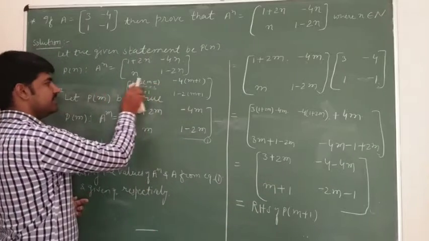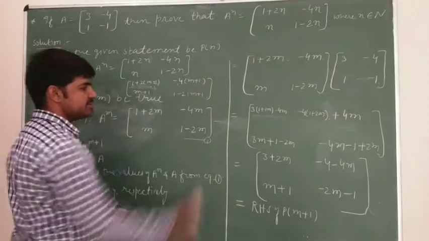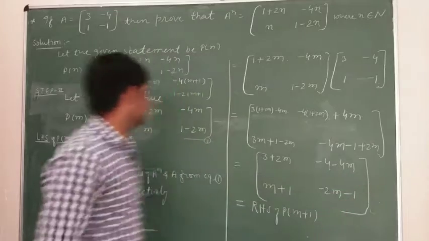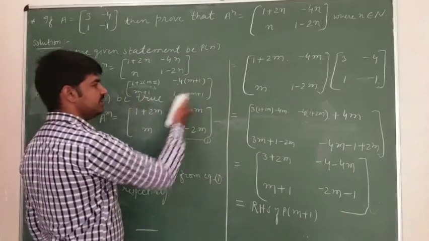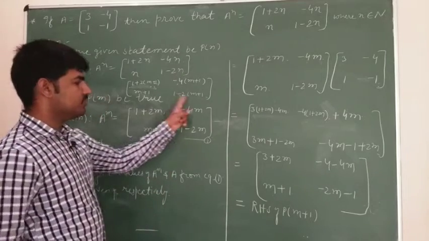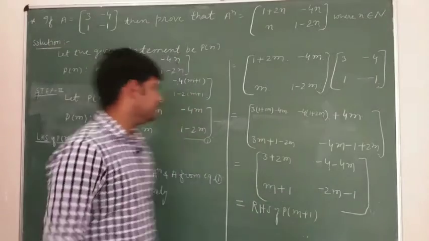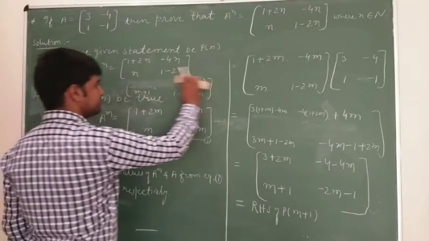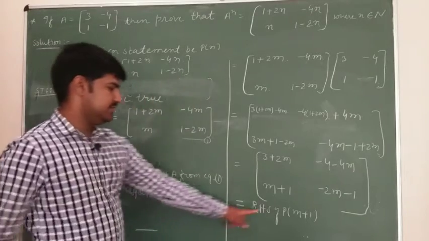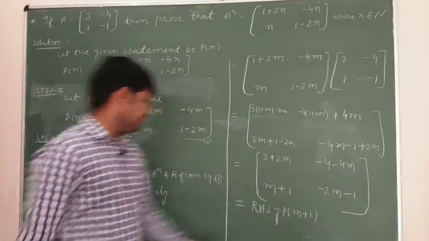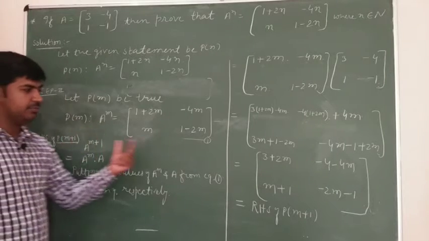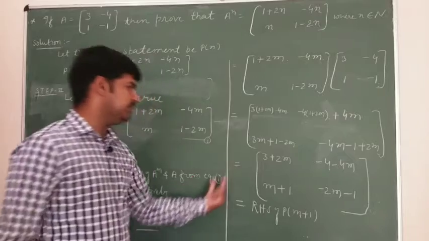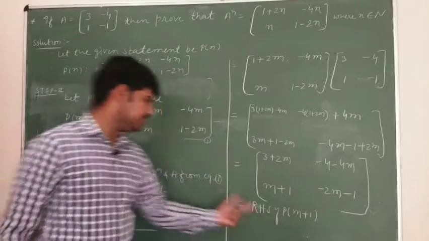Okay, the next, minus 4m minus 4. The next here m plus 1, and 1 minus 2m minus 2. So minus 2m minus 1 is the next. So we can say the RHS of P(m+1) is actually this only. We took LHS of P(m+1). We used P(m) here and proved that LHS of P(m+1) is equal to RHS of P(m+1)